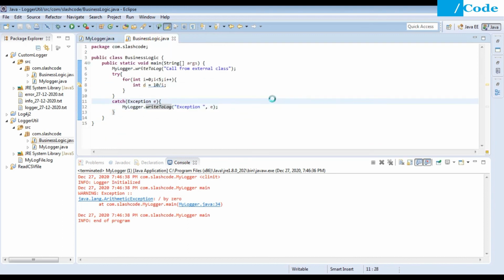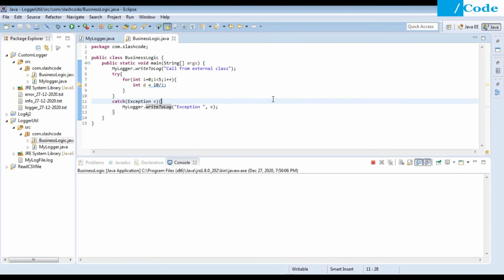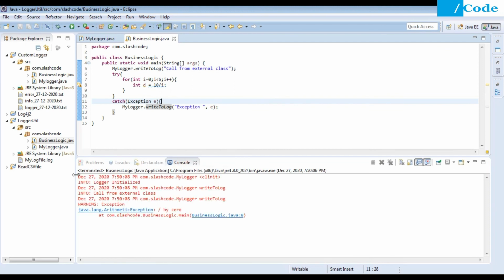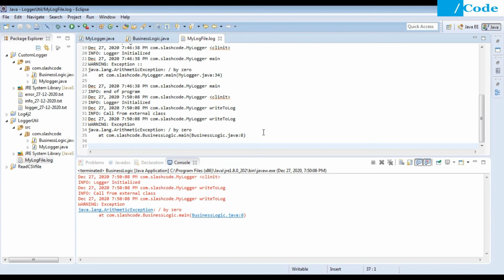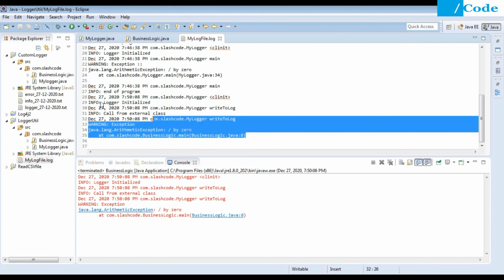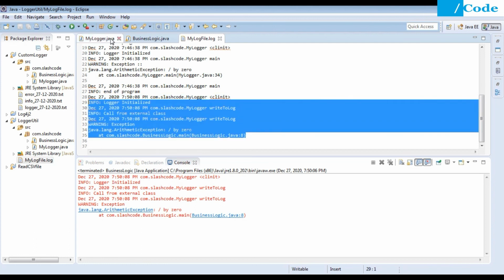So let me execute this program. We got the error, and if we check here, it is 750, and we got the result here as 750.